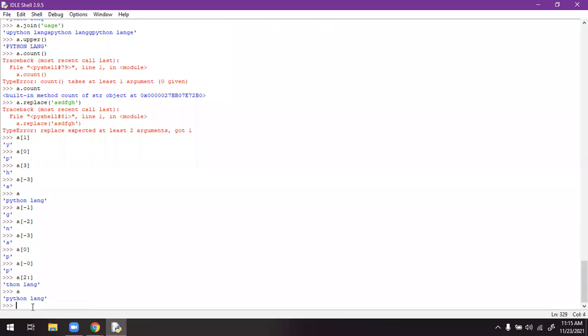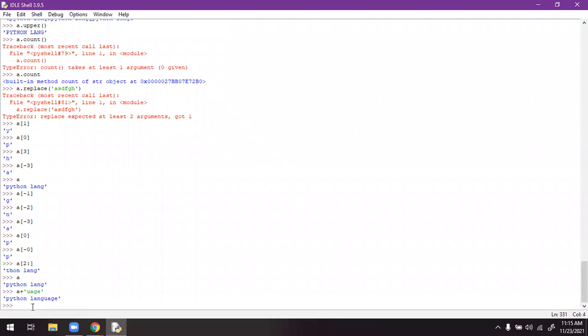I'm taking lang, and I'm trying to attach uage. If I hit enter, I got Python language. It is a simple concept, but I want to extract Python only.